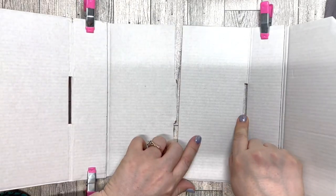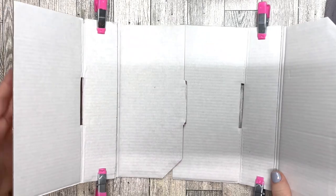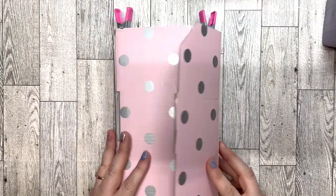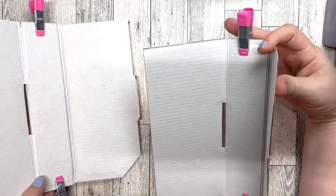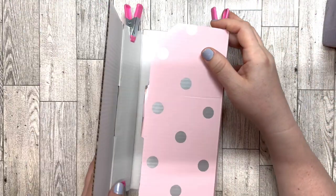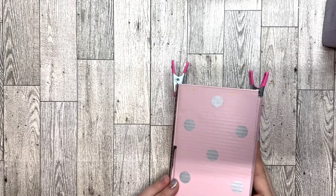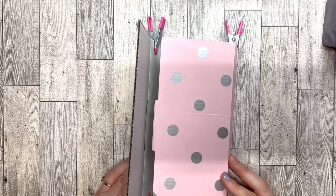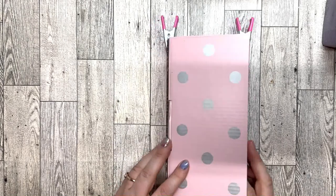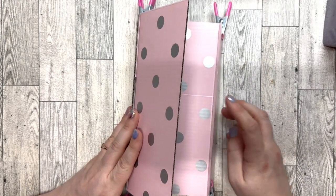We're going to reinforce this, cover the inside, and magnetize the pieces here. So I need to magnetize these two, just like this. I wanted this little piece on the bottom, I think. Yeah, so you can kind of thumb that open like that. Okay, so this is going to be magnetized to this, and